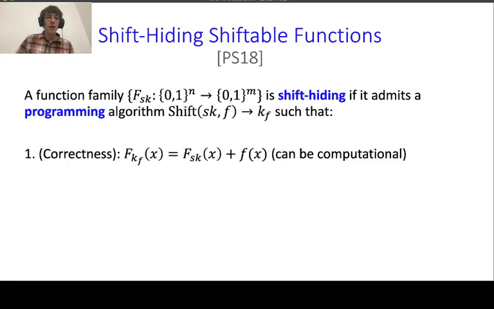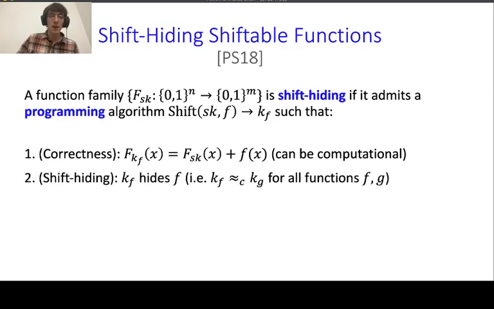First of all, if you evaluate the pseudorandom function using the shifted key k sub f, you should get the original PRF evaluation of x shifted by f of x. In the actual construction, this property will also be computational, so it will just be hard to find an x such that this is not true. But you can just think of it as always true for convenience. So this is the shift correctness property. And then second,